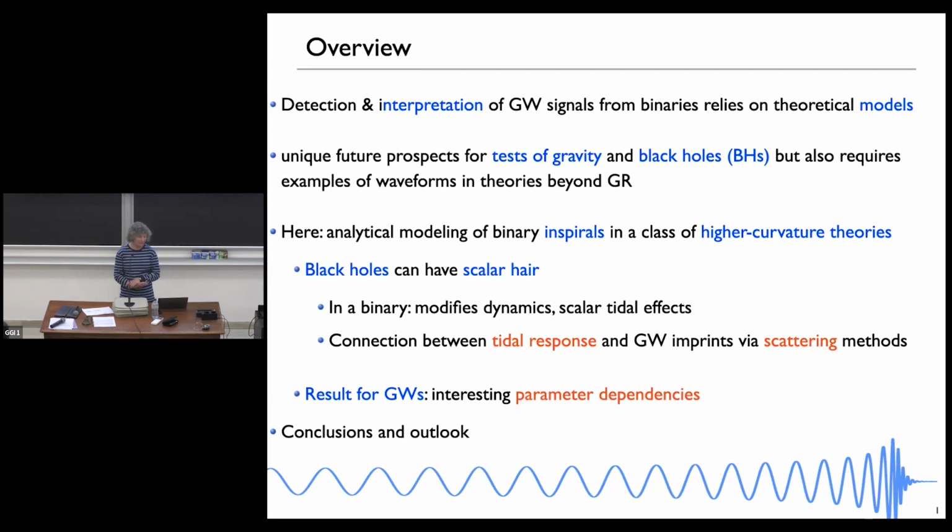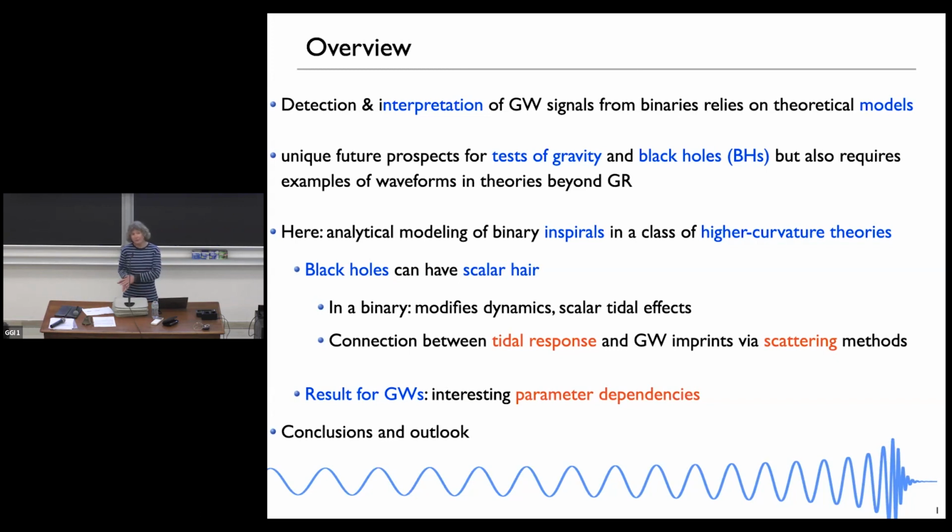And in particular, if we want to also test for deviations from GR, that has long been an important problem. So people have given a lot of thought to how to test it in a meaningful way. But we also need to have some examples of what waveforms in theories beyond GR could look like, what could be generic phenomena we can look for. And I will illustrate this a bit, and also the methodology in a case study focusing on higher curvature theories